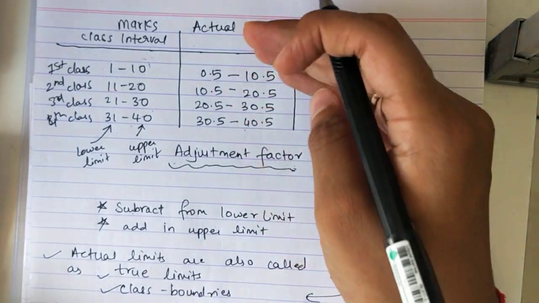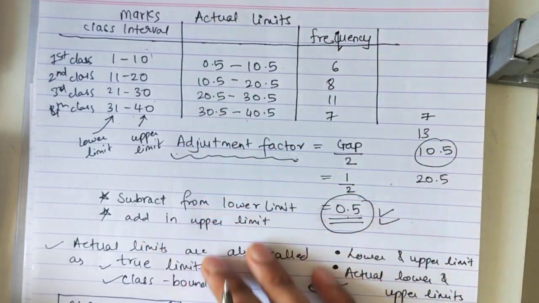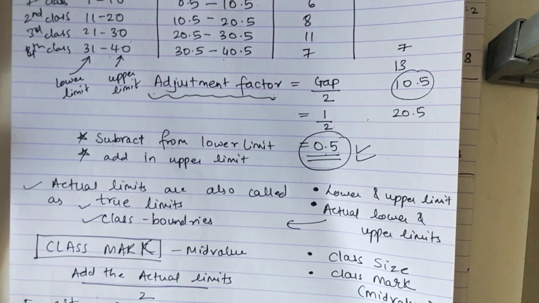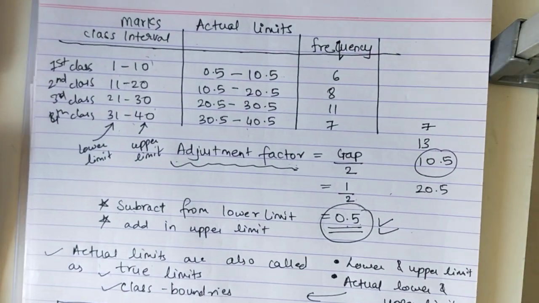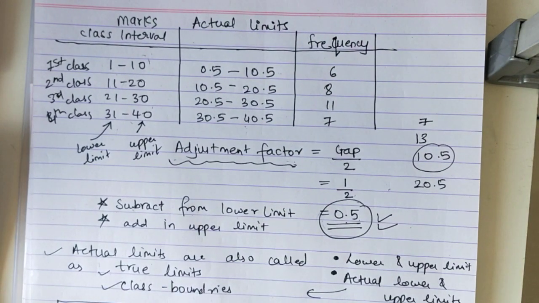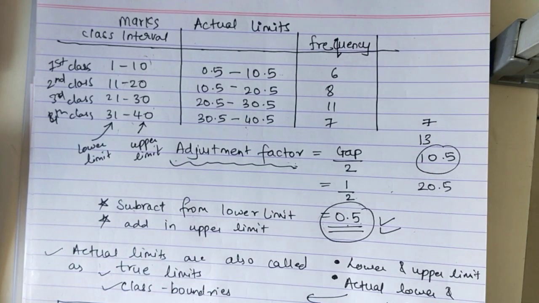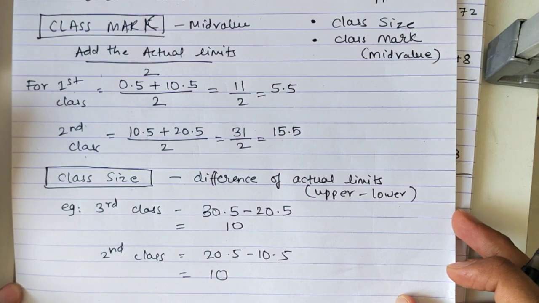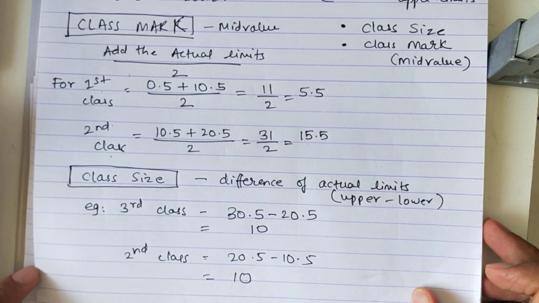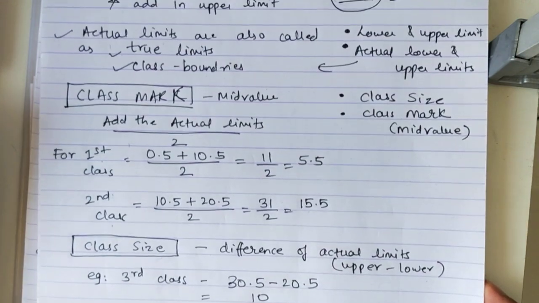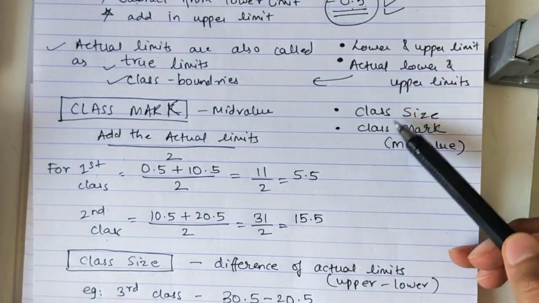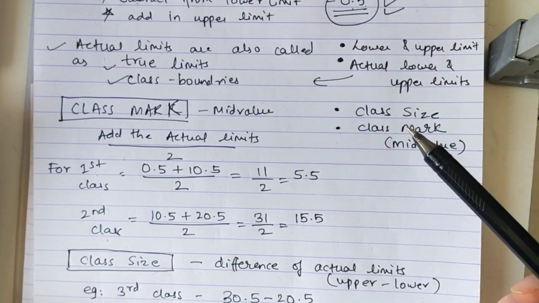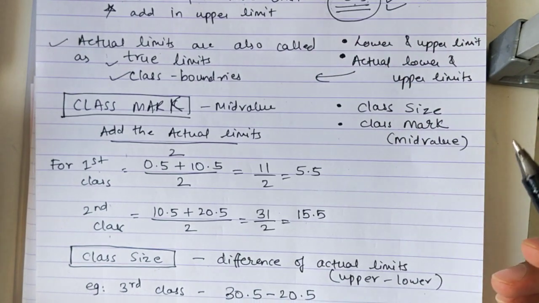So revise this example today, copy each and everything, copy this entire page properly. I'll hold it for some time, pause the video and copy this. These are all the topics which we did. Now the sums based on this topic will start in the next class. That's it for today. Thank you.